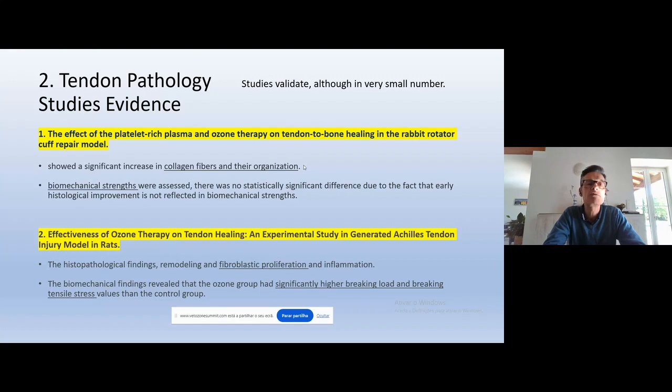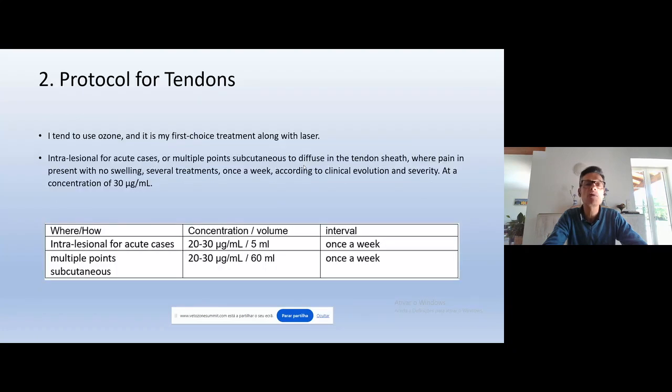With this rectal infiltration, they could show positive effects on fibroblast proliferation and on inflammation, and they could also prove that there was a significantly higher breaking load and breaking tensile strength of the treatment group compared with the control group. So these studies make more or less my protocol for tendons, and here is my